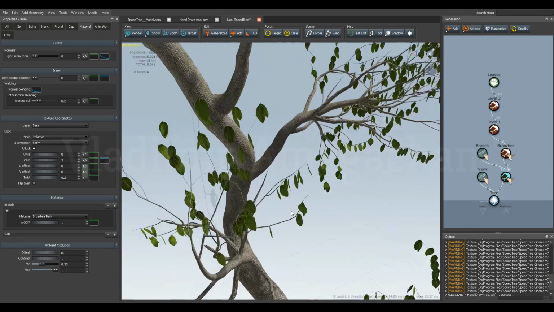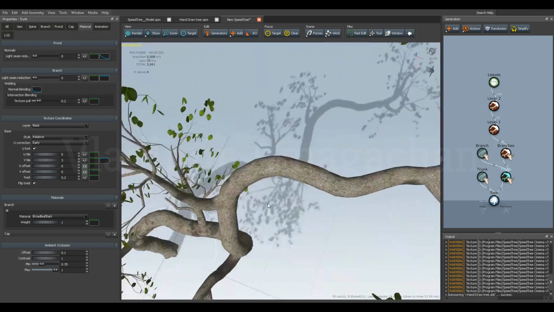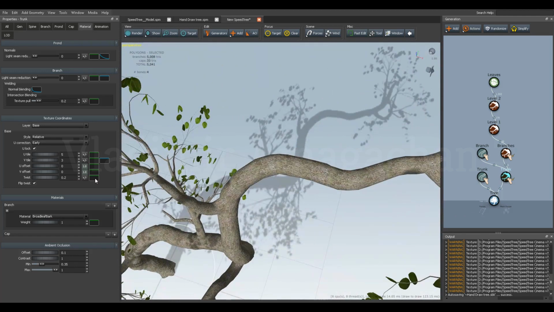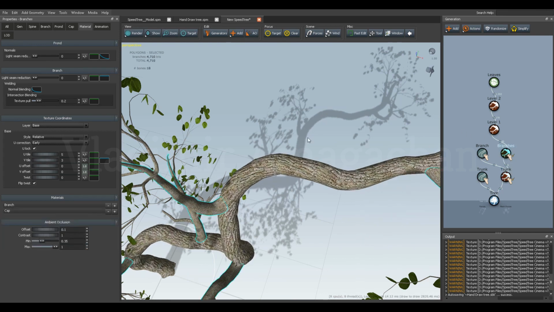Right now I think I need to select the trunk and change the scale for the U from 5 or from 3, decrease, and decrease also the scale for the V coordinate. The same thing with the branch,